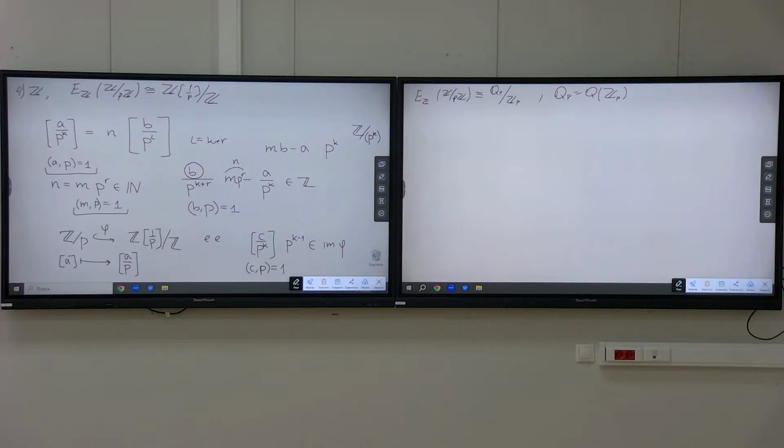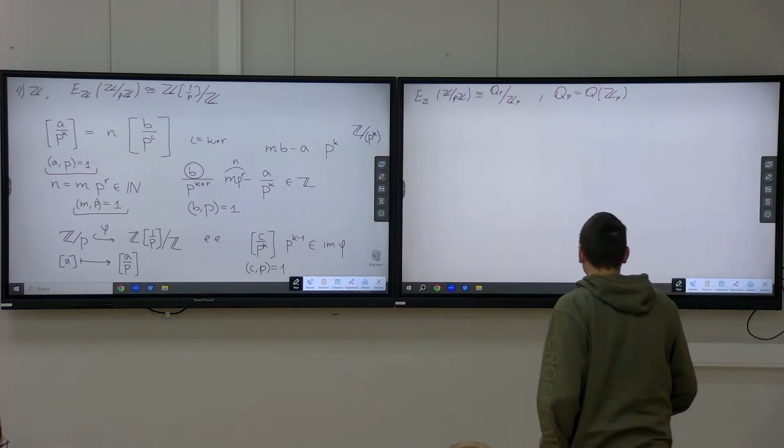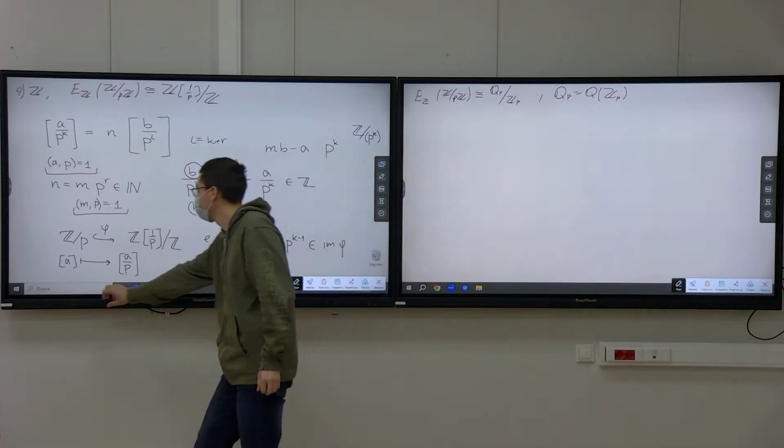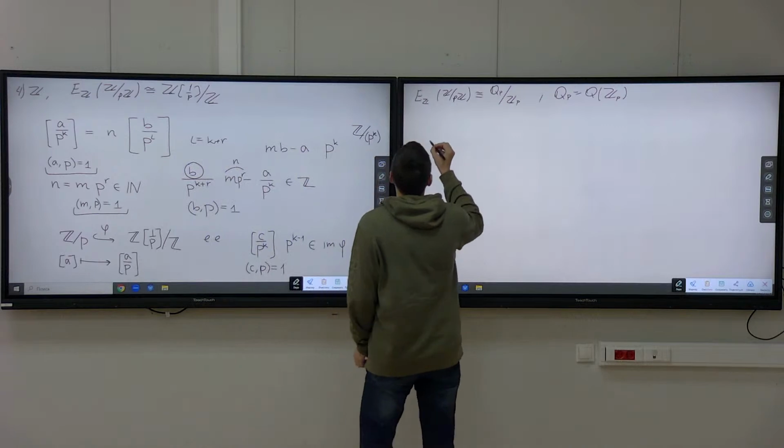It is clear that the right hand sides are both the same, isomorphic. Why is it clear? Explain. So of course we have